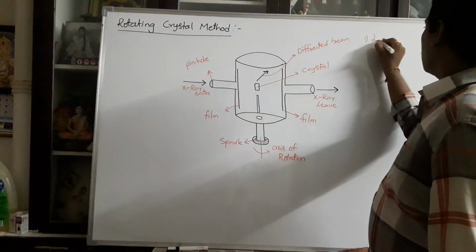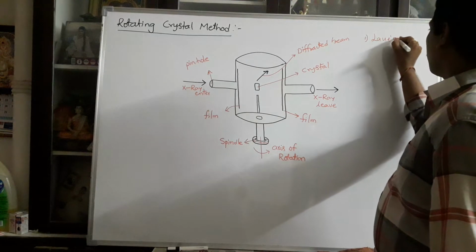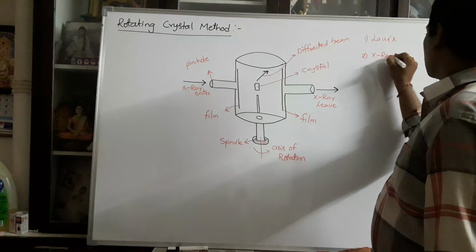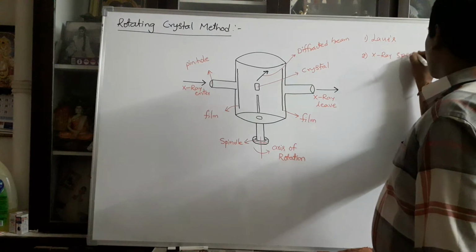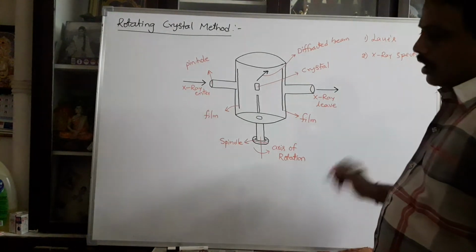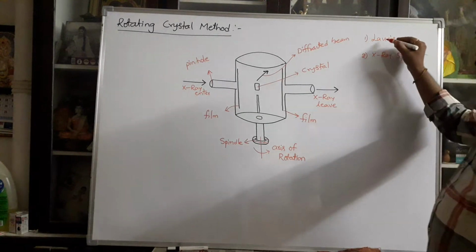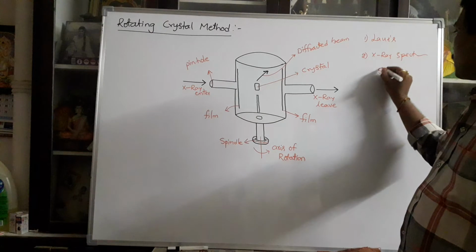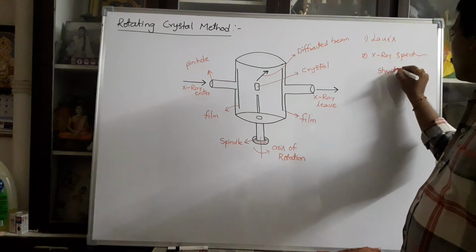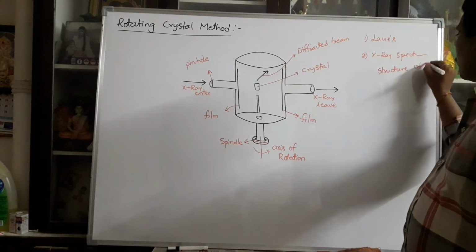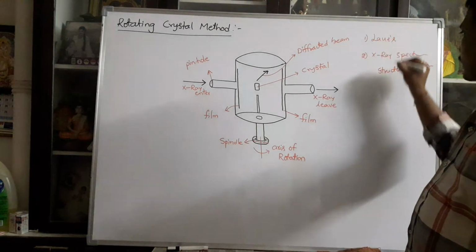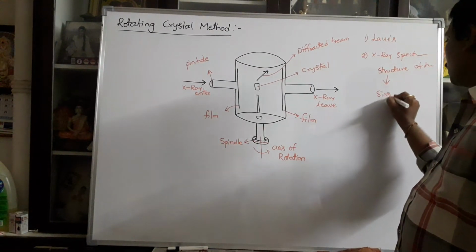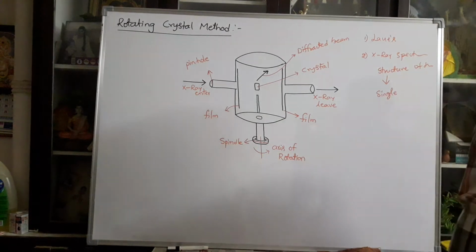First, the Laue method is completed. Second, the X-ray diffraction spectrometer is completed. These two experiments are used to determine the structure of the crystal. In these two experiments there are some drawbacks: you can determine the structure of the single crystal